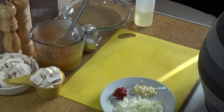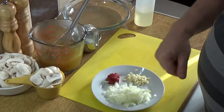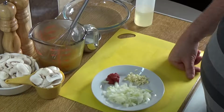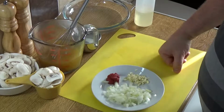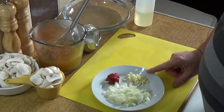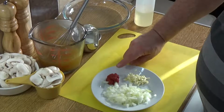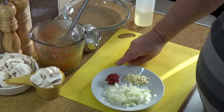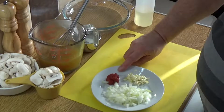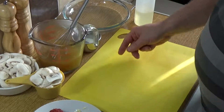Okay, while we're waiting for all that to happen, just to reiterate what we've done, we've got about half a medium-sized white onion in there, chopped finely. We've got 2 cloves of garlic, chopped finely, and we have about a tablespoon of tomato paste, of tomato puree, as we call it in Britain. Okay, you've got your 4 cups of mushrooms,